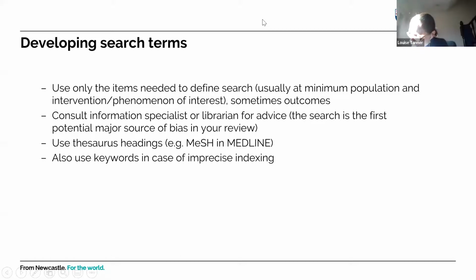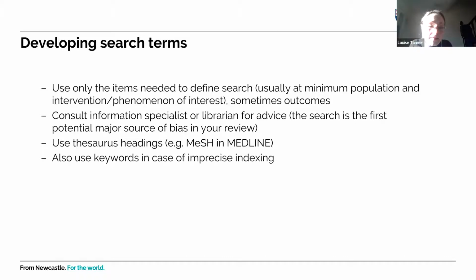MESH headings refer to medical subject headings, and they refer to the way in which journal articles are indexed in the bibliographic databases. Medline uses the MESH system, and what that means is that when a journal article gets published and put on Medline, somebody will index that journal article according to its content, and it's generally based on the keywords. When you submit a journal article, you're generally asked to provide keywords which describe your study, and those are generally used to index the study on Medline.